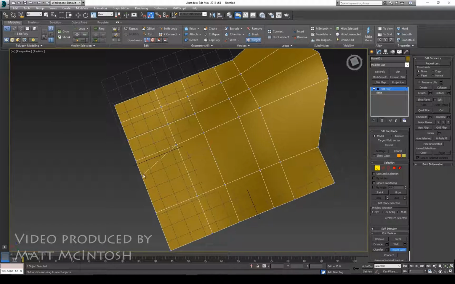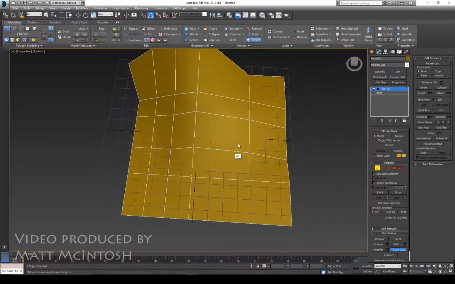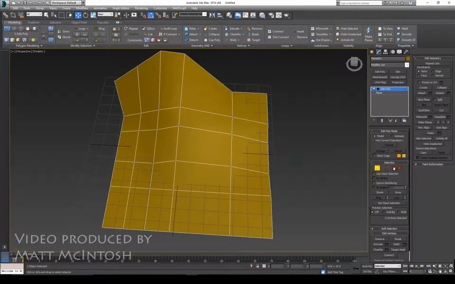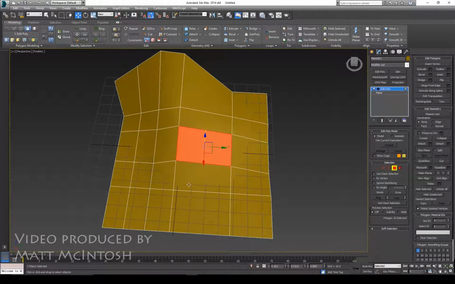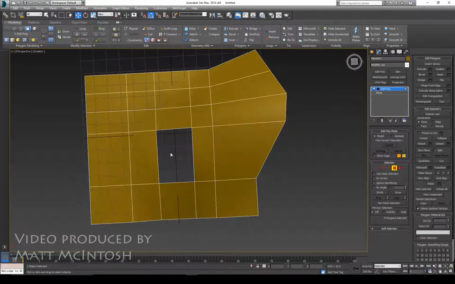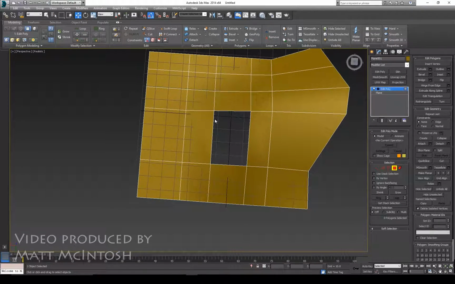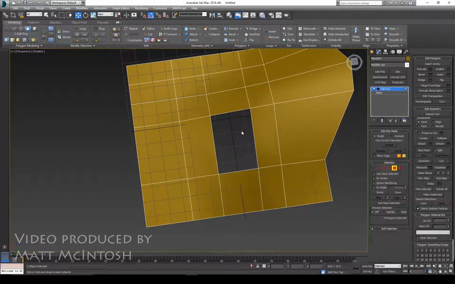And I'll just add in another there. There we go. So what else? What if you've got geometry missing in the middle of your element? Well, you could make use of the target weld to bring those things together, but what I'm going to make